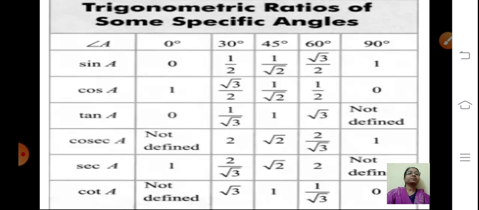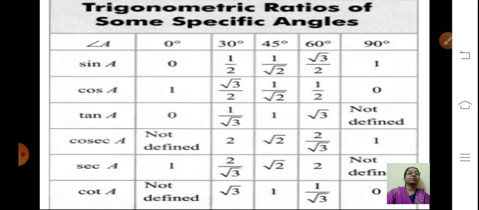Now after that, this is the table, trigonometric ratios of some specific angles. So we have seen for 5 angles: 0 degree, 30 degree, 45 degree, 60 degree and 90 degree. These are the standard angles, and for these standard angles we have calculated all 6 ratios. So children, you have to learn this table, very important. And we have seen one video in which I have given you the trick how to remember